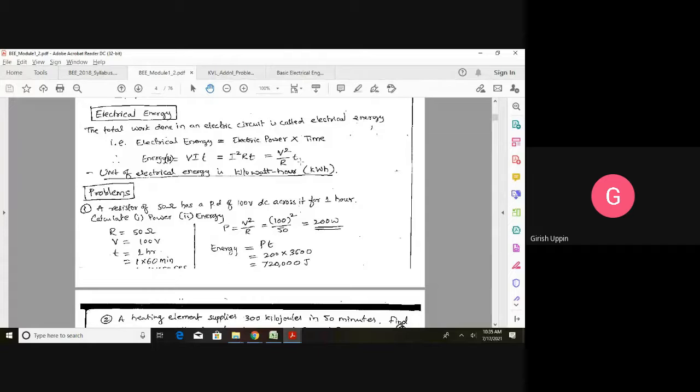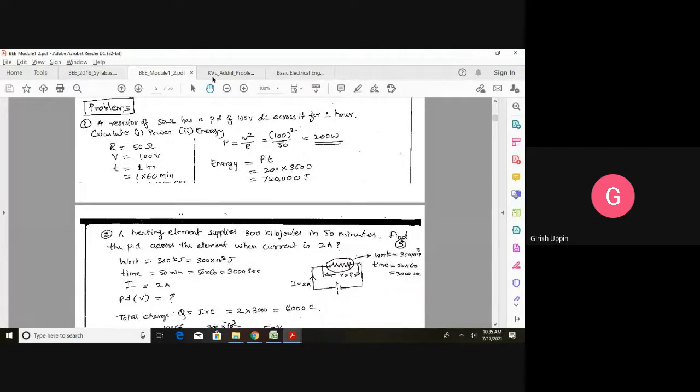So what is the energy? How to understand the energy consumed in your house? Let us say you have a TV which consumes 500 watt. If you watch that TV for 1 hour, the energy consumed by that TV is 500 watt hour. 500 watt into 1 hour, that is 500 watt hour energy consumed. Similarly, you can calculate all your household loads, that is fans, electrical bulbs, washing machine, everything, as long as they are turned on, multiplied by the time. That is the total energy consumed by them.